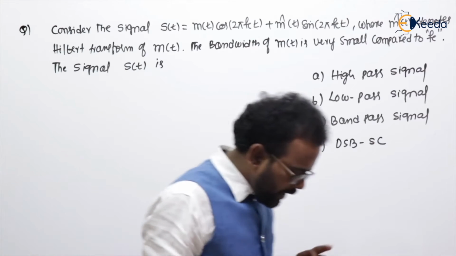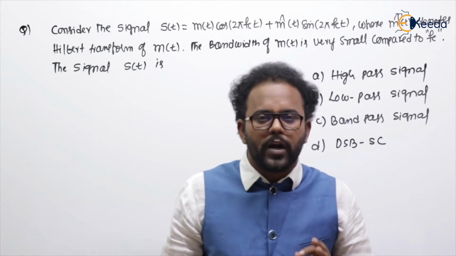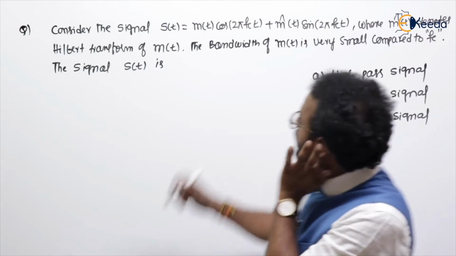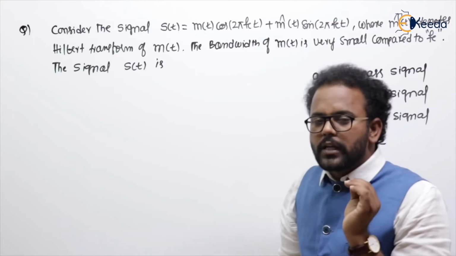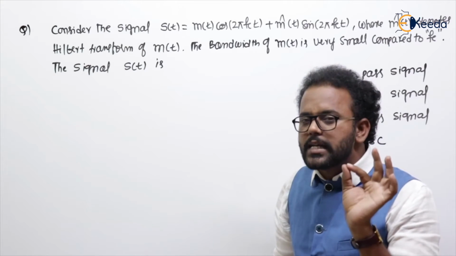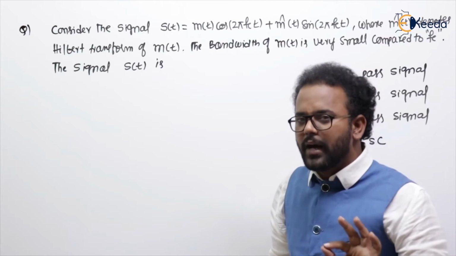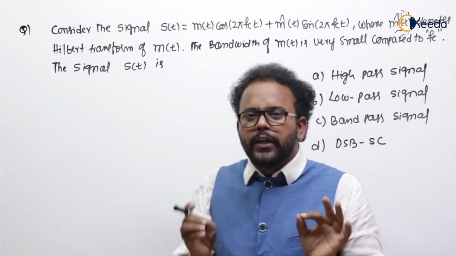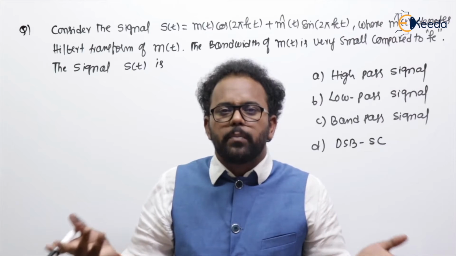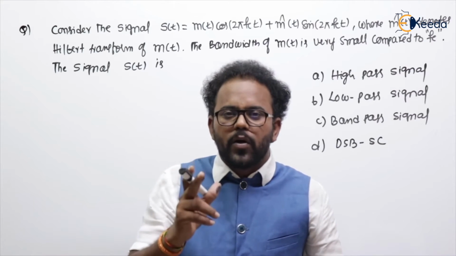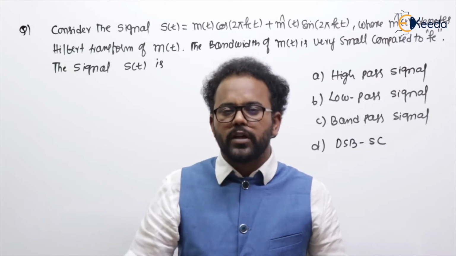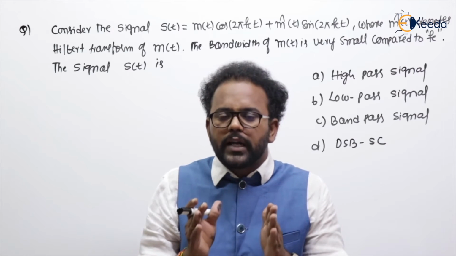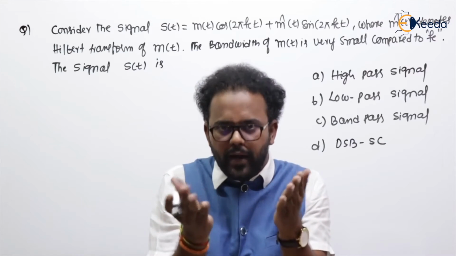If you see the given expression, what is the given expression exactly? In the middle, plus is there. So the given expression is exactly SSBSC with lower sideband. So it is a modulated signal. Blindly, every modulated signal is a band pass signal. You can see every modulator's last block is a band pass filter, because every modulated signal exists in a specified band.